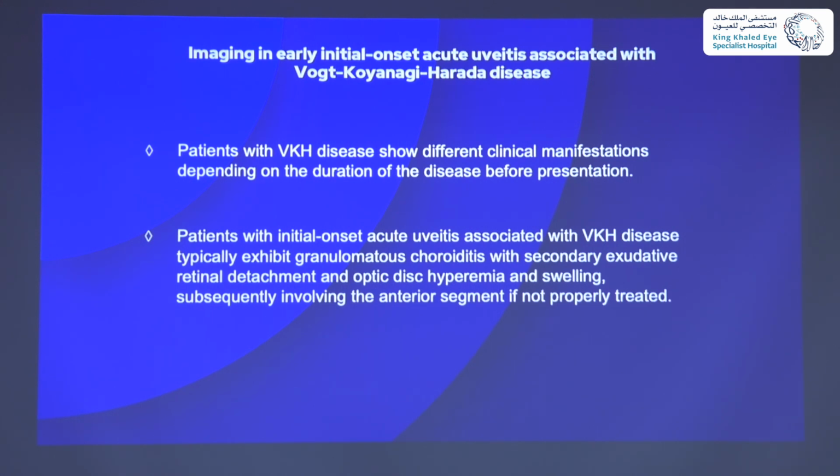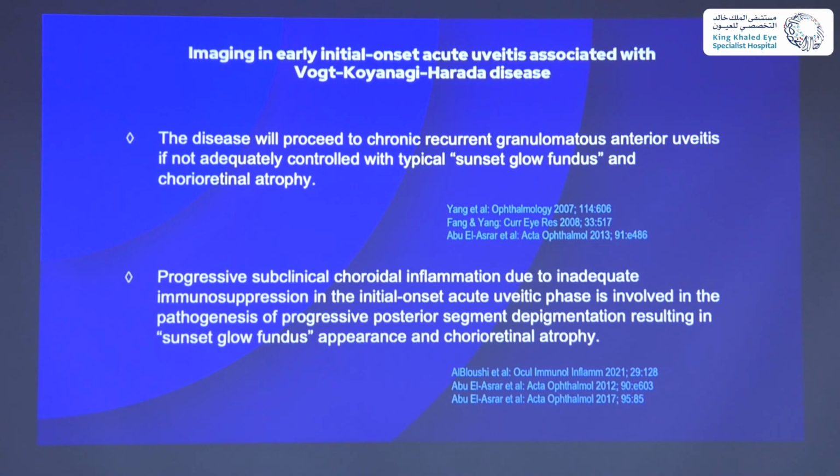Then if the patient does not receive adequate treatment, the anterior segment will become inflamed, with multiple fat keratic precipitates and cells in the anterior chamber. This is still initial onset acute disease, but the early presentation phase is the phase preceding anterior segment inflammation. The late presentation phase is the phase with anterior segment inflammation. Now, it happens around us, although this is the most common cause of autoimmune eye inflammation in the kingdom. But so far, the disease is not diagnosed properly and not treated properly. So if the disease is not well controlled,